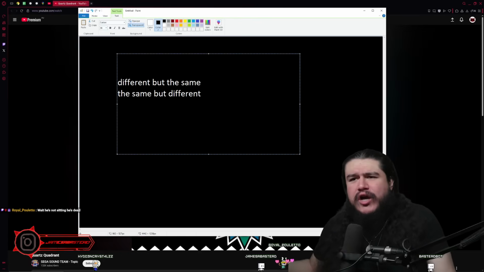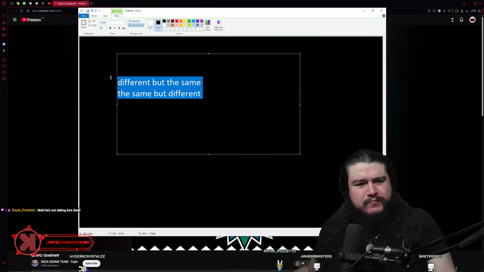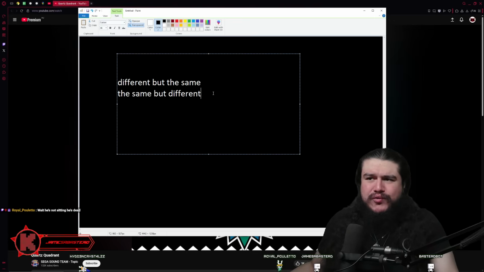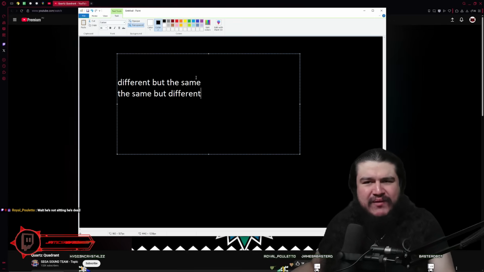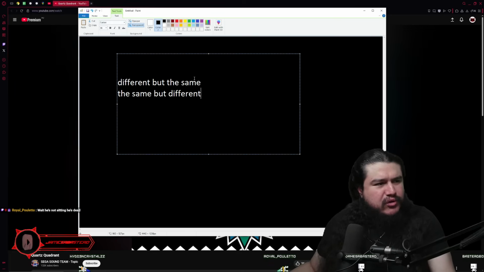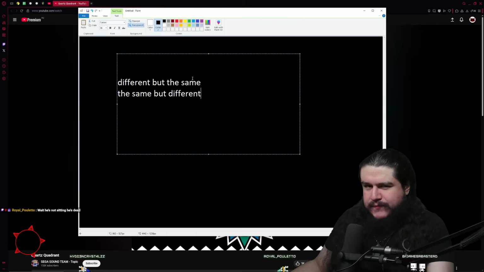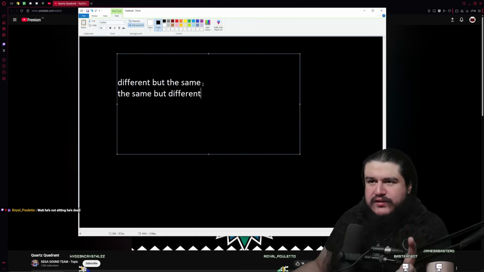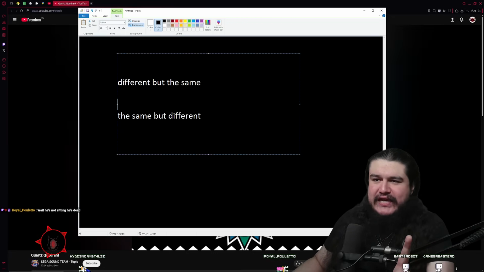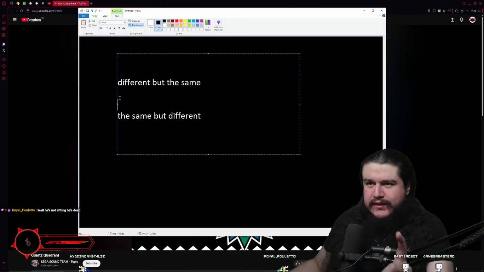In the most logical way of thinking this is the same thing. The same but different, different but the same. That's the same expression, just change the order, but the result is going to be the same. In music, this is not quite the case. In music, different but the same is not the same thing as the same but different.